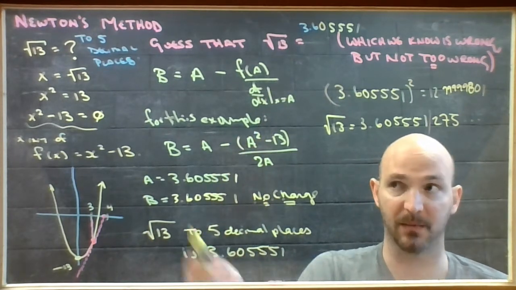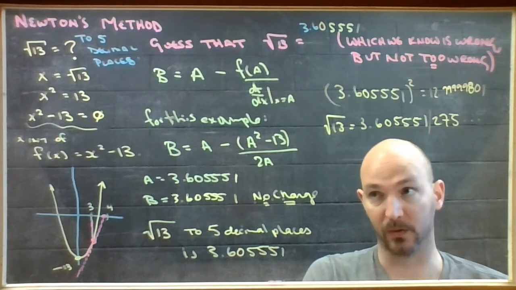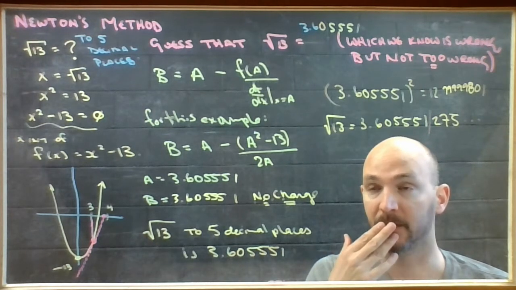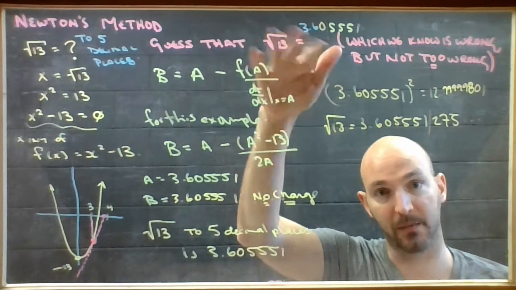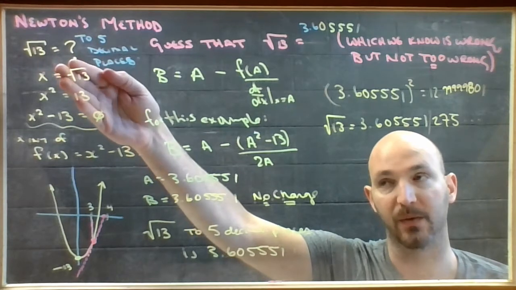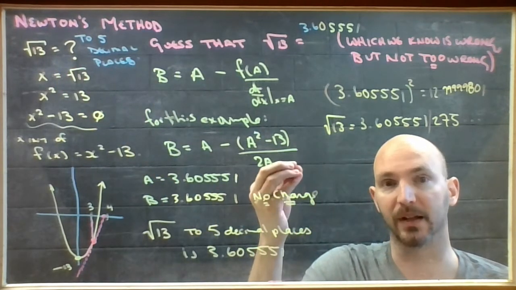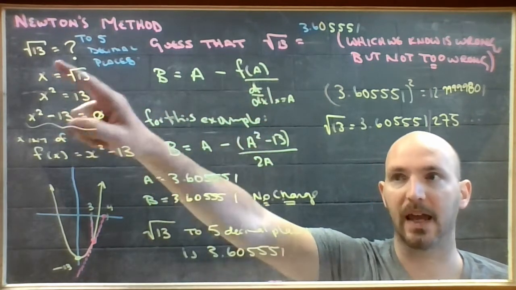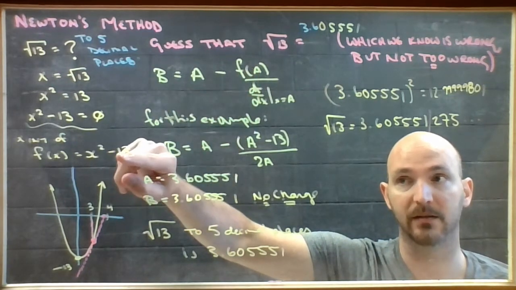So this approximating method is called Newton's method, where you take a bad guess and you run it through an algorithm to make it work out. This is what your calculator does. You put in a number, right? It says, I want to know the square root of 13. And preserved in the calculator's memory, in its circuits, is this little algorithm set up like this. So it knows to take the number you put in, square it,